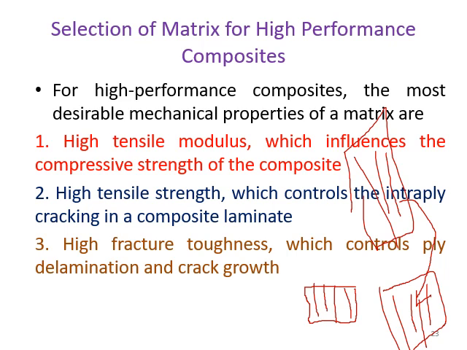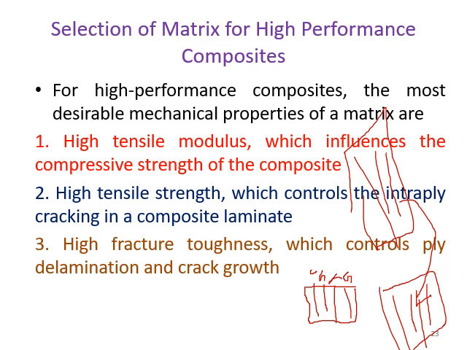Whereas in an intraply laminate, in the single lamina, we'll be having different fibers, like this is carbon, this is glass, this is again carbon, this is again glass, right? So in the same lamina, if you have different fibers, then that is called an intraply lamina. And if in different laminas you have different fibers, like one lamina has only one fiber, the other lamina has another fiber, and you combine them together to form a laminate, then that is called interply.